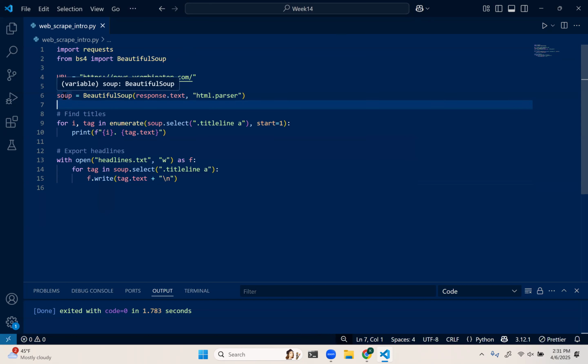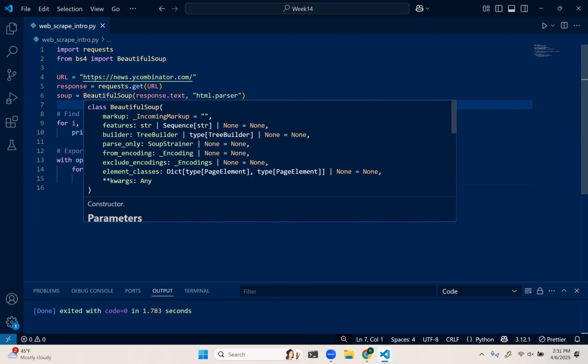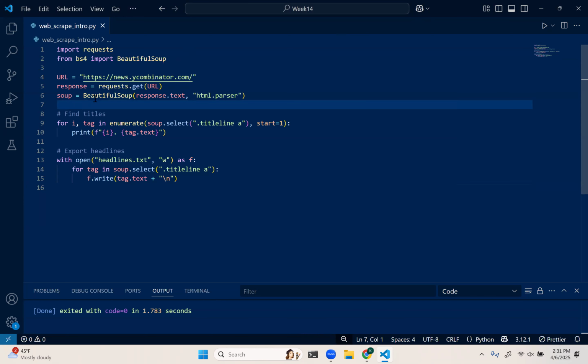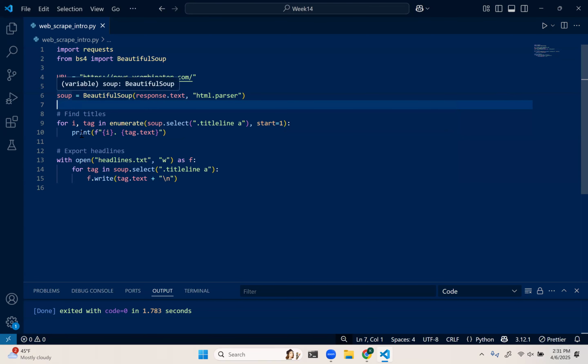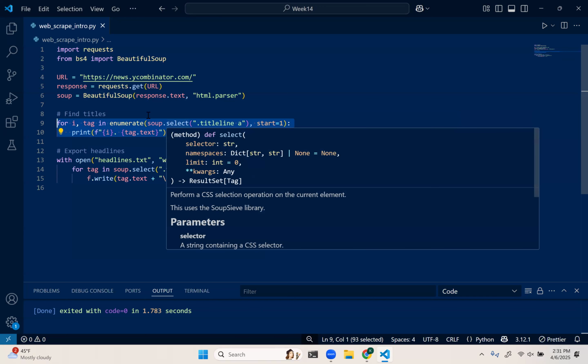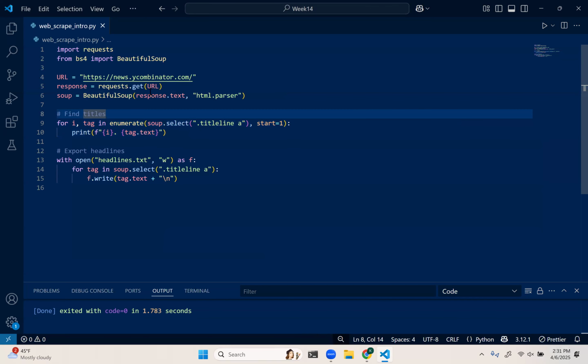And then I'm also going to be using the Beautiful Soup module. So I instantiated an object to use the Beautiful Soup module and called it soup. And then I find all of the titles within the response